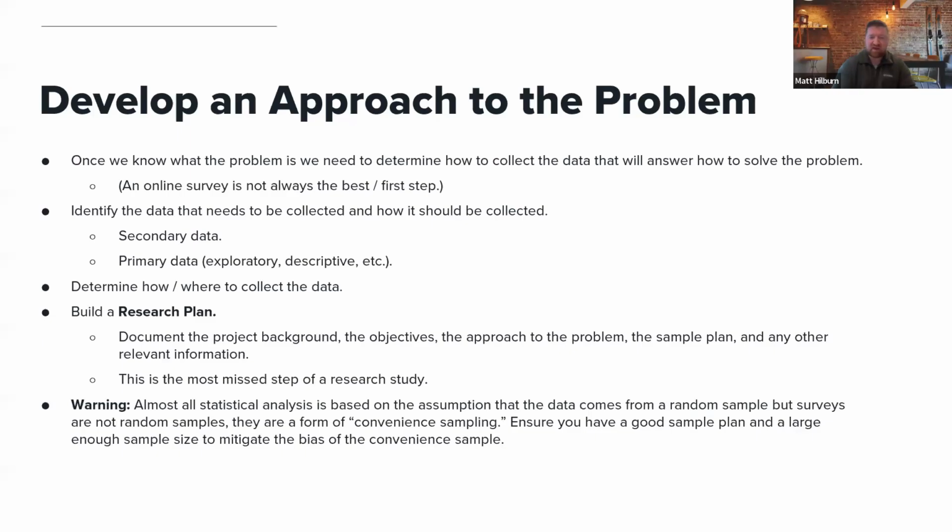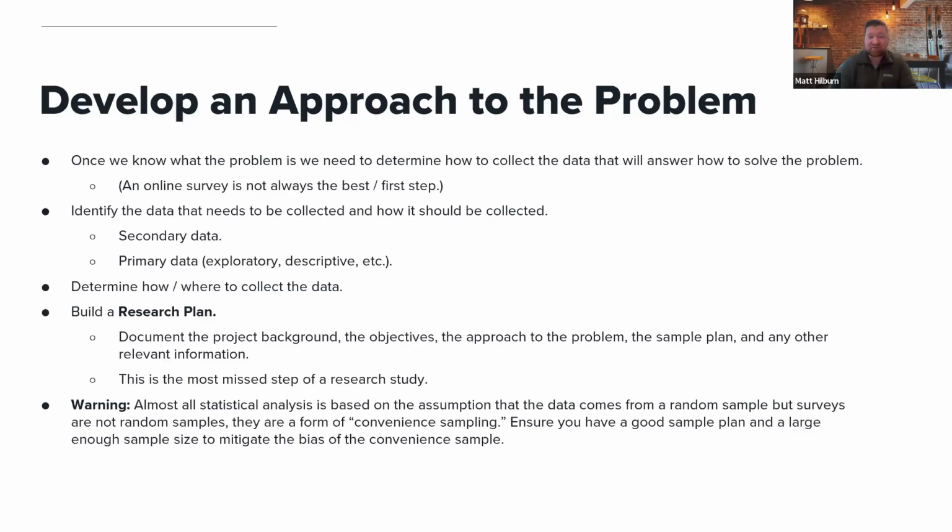It's also not uncommon that if you conduct a research project and there's a lot of stakeholders or a lot of people interested in this study, that they may at some point say, hey, how come we didn't do this? Or why didn't we introduce this into the survey? By having a documented research plan that has been approved by all the stakeholders at the table, you can always reference back to that research plan and say, well, that wasn't in the research plan. The research plan is the document that guides the entire research project. So we need to be really clear that that's in place.